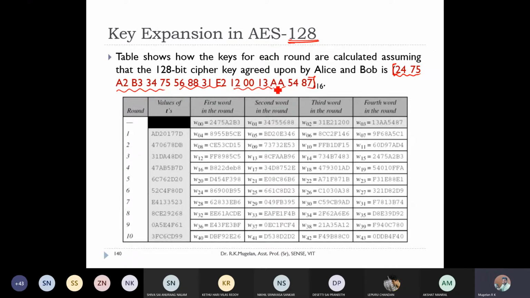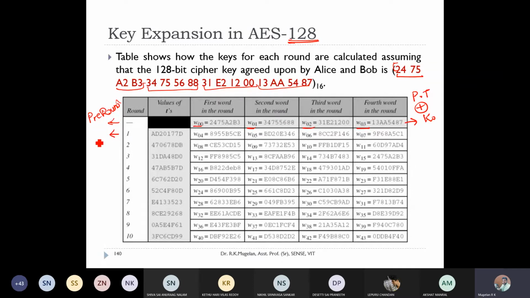So if you have taken this as a cipher key, you can represent this key as words, that is W0, W1, W2 and W3. This is your W0, this is your W1, W2 and W3, and this key will be used for your pre-round transformation. The pre-round transformation is simply that the plain text will be taken and XORed with this key. This key is nothing but K0. Then only I'll be generating the keys for the rest of the rounds.